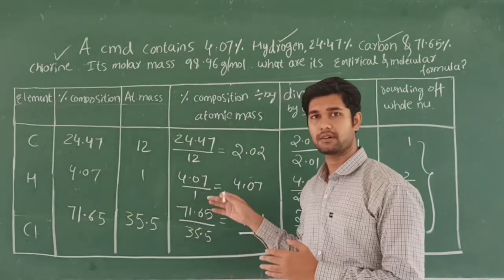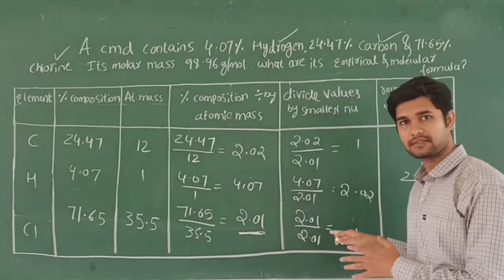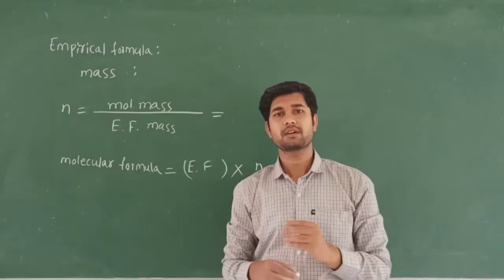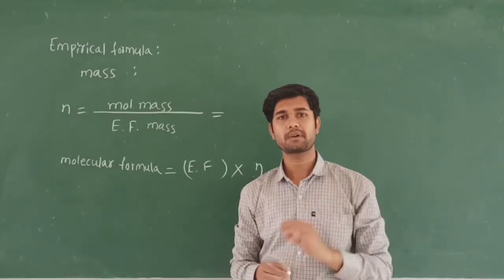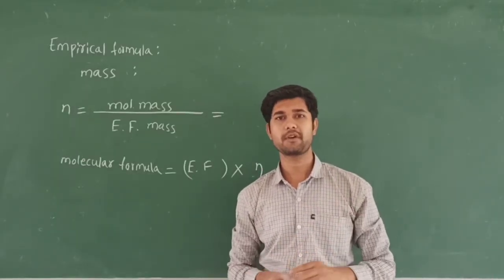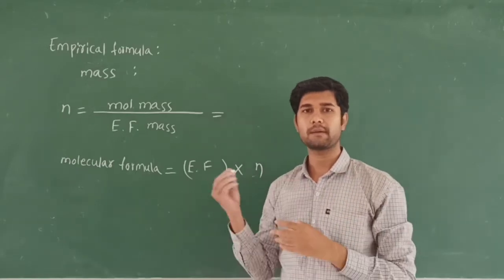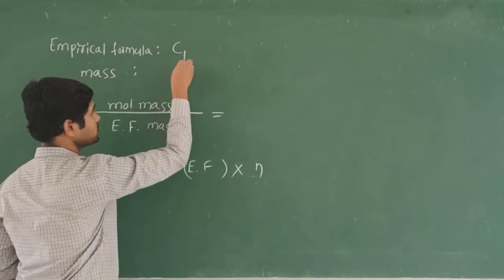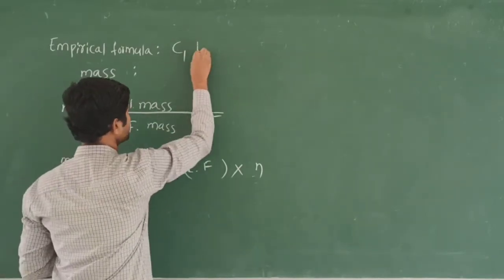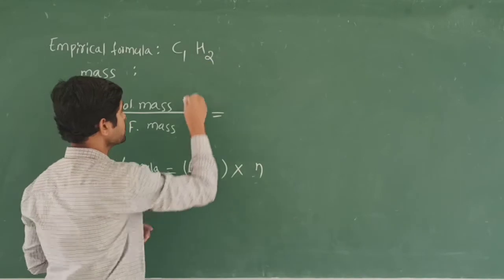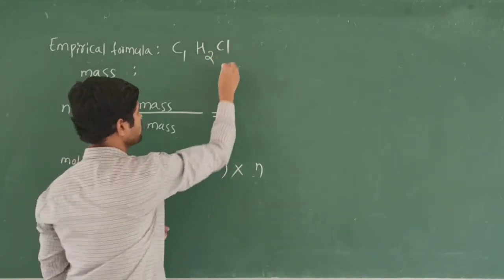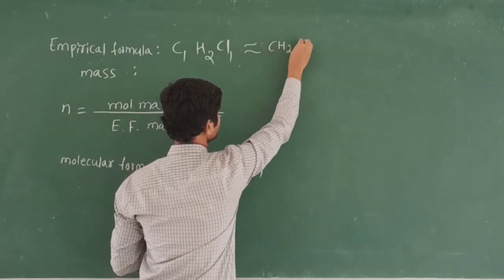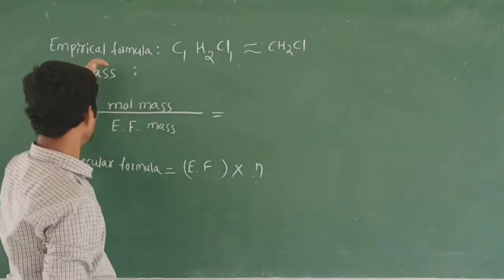Let's continue, this is not completed. The remaining 2 steps are very important. After rounding the numbers for carbon, hydrogen, chlorine, the ratio will be 1:2:1, which I am going to write here. That is called the empirical formula. So carbon has 1, hydrogen has 2 and chlorine has 1. So simply I can write CH2Cl. So this is our empirical formula.